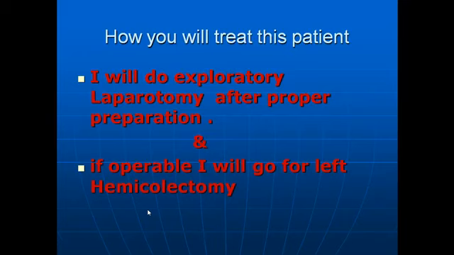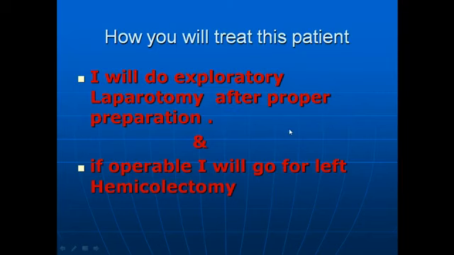Say for example, operability. In general, operability relates to the patient's general condition. Say for example, the patient is in shock, or the patient is in an advanced stage of carcinoma. The patient is having a huge ascites. The patient has a recent MI, uncontrolled diabetes. So in this case, the patient is not operable. That is operability. Okay, so usually operability relates to the clinical condition of the patient. The very moribund patient, ASA stage 4 or 3. So these are the conditions where the patient is not operable.